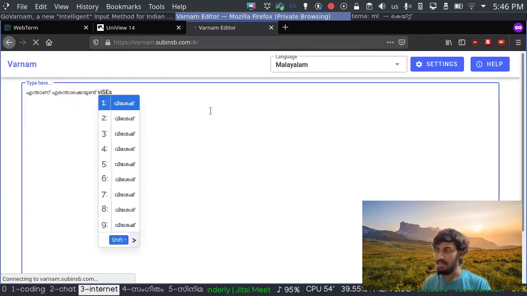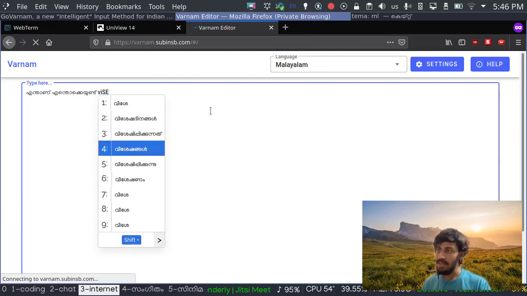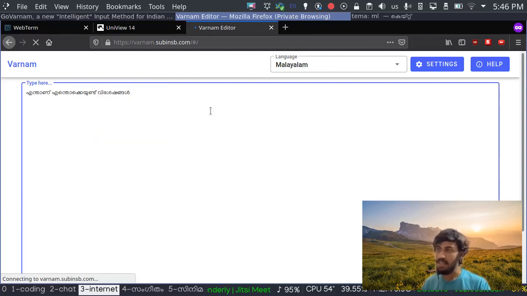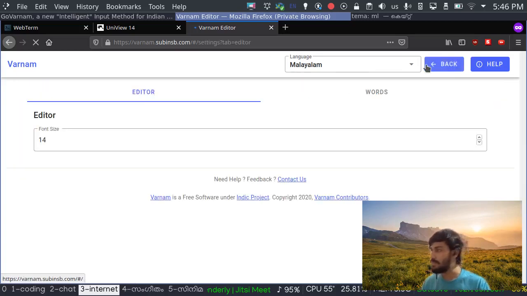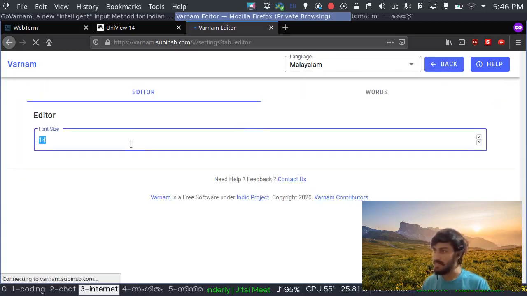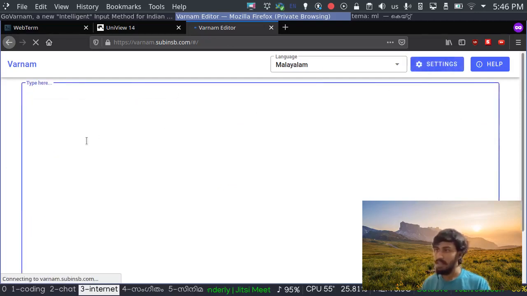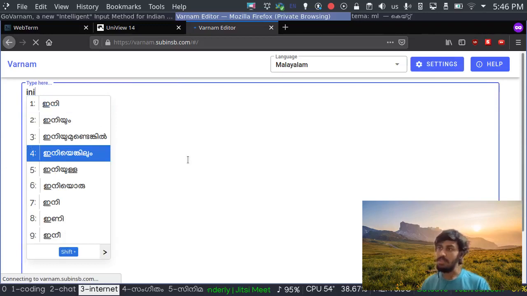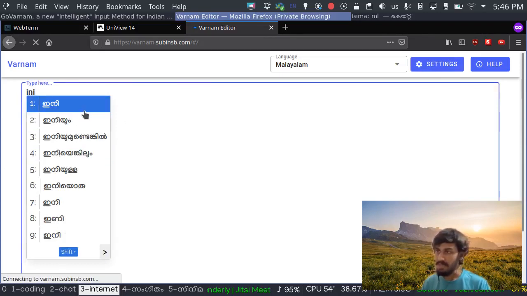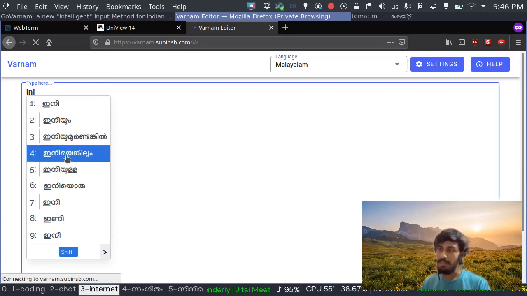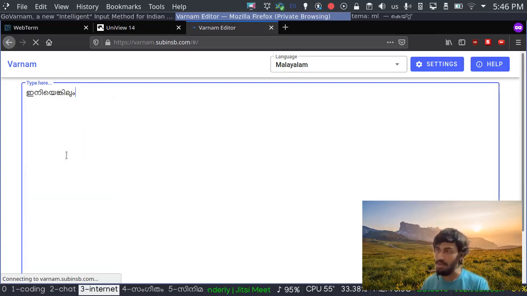As you can see, I can already get suggestions here, so I can just pick that. And there is also the number. You can pick a number. Or let me increase the font size a bit. Everything is a bit small. So there's a settings and you can increase the size. Let's say 20. Okay, so I think that's better. So I can type words like this and I can get suggestions and I can type as long as I want. So if I want to pick the fourth suggestion, I can simply press 4 and that suggestion will be picked.